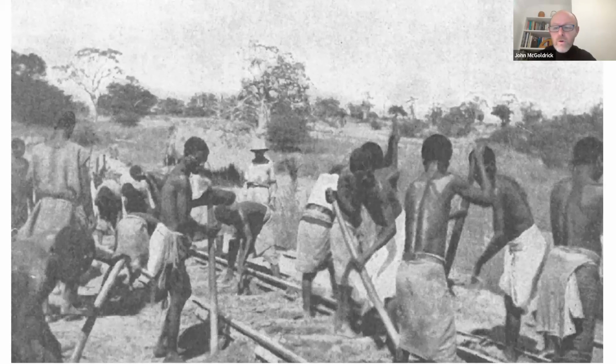And this is an image from one of the catalogues, so it's not something we've gone deep digging for. This is something they depicted to try and show some of the projects they were involved in,